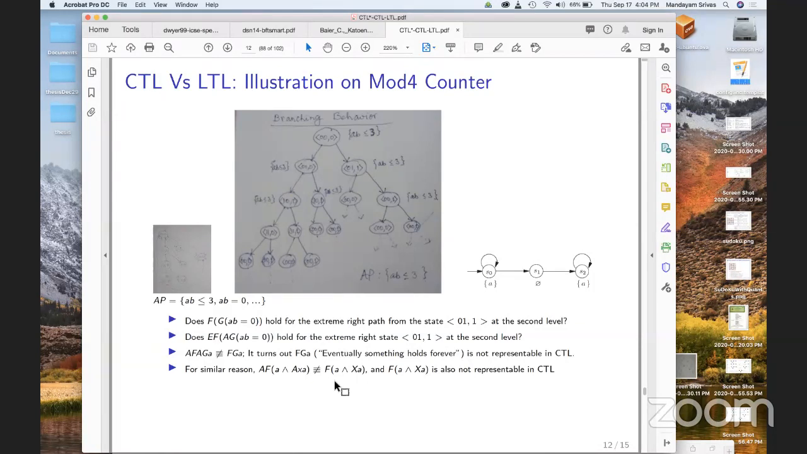Sir, could you repeat why the transition system you have given does not satisfy AF AG A? The one on the right-hand side, the small one. Yeah, that does not satisfy AF of AG of A. Okay, so what this requires is that on every path originating from S0,